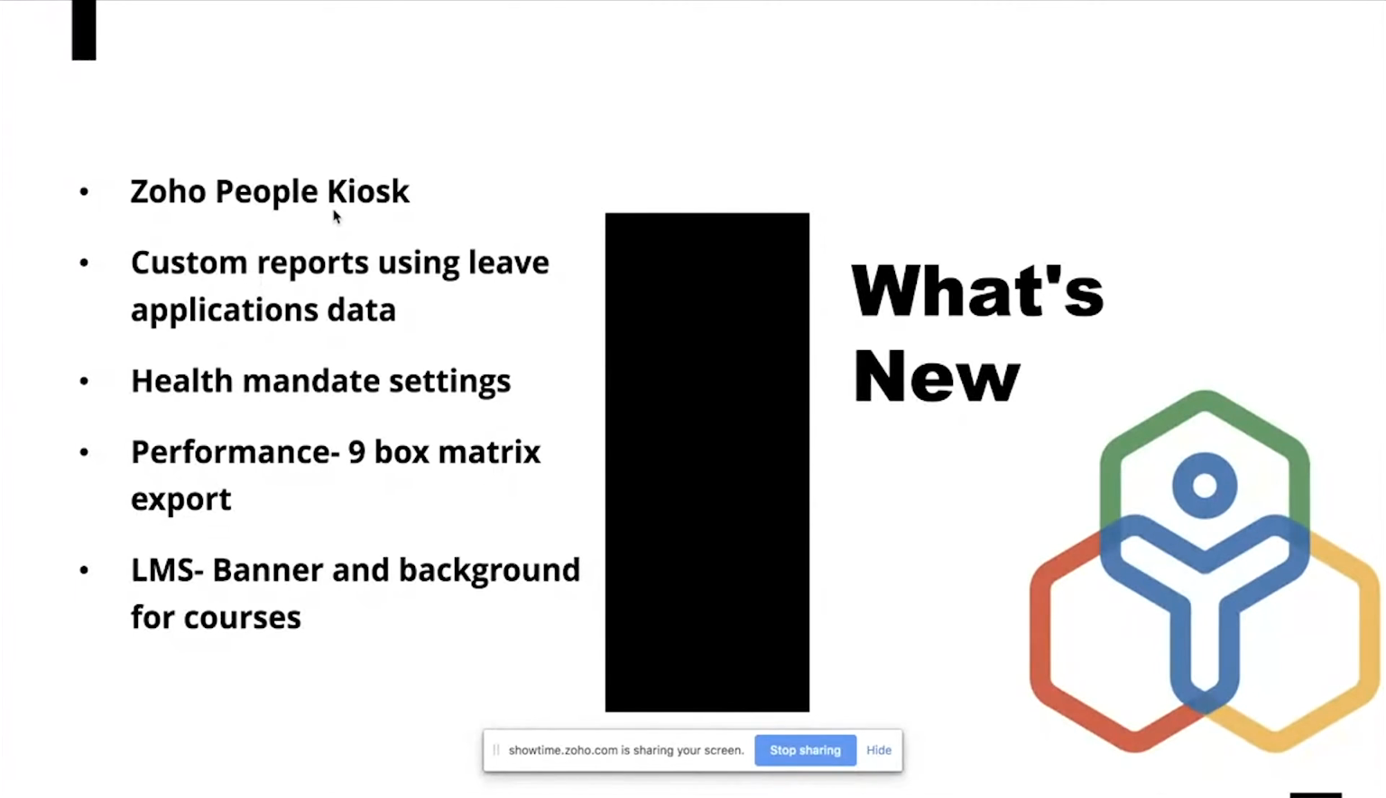Starting with Zoho People Kiosk, this is an exclusive application to capture employees' on-site attendance. It uses facial recognition to capture your employees' on-site attendance. This is an online application which you can download on your mobile or any internet-enabled device. You can deploy it in front of your offices, and using the application, your employees can check in and check out via facial recognition. Moving on,